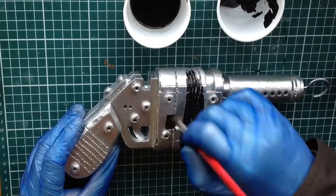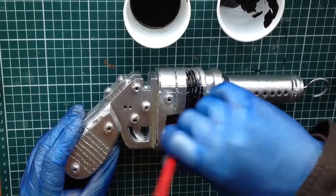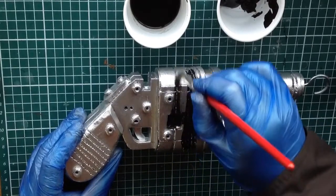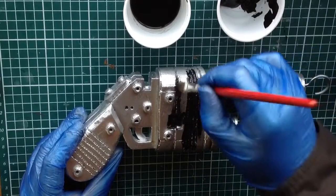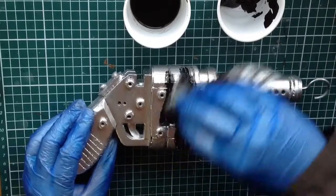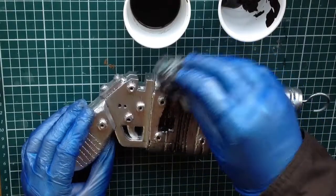and obviously all the little markers, and this is going to act as our dirt, so this is our form of weathering. So we're going to get this in like that, you see, and then what we do is we take the damp rag and we're going to take that off,